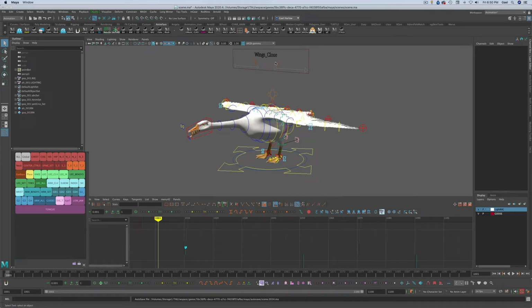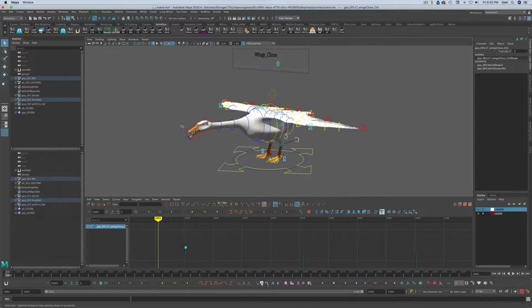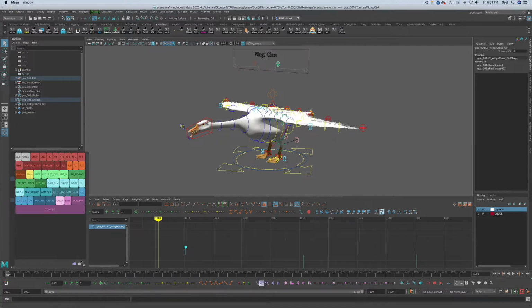Okay, so I'm going to create a set for this particular control up here for our wing fold. So again, I'm going to press a button right here, this button. I'm going to add a selection set. I select my control, then I come down here to add a set. I'm going to call this fold,